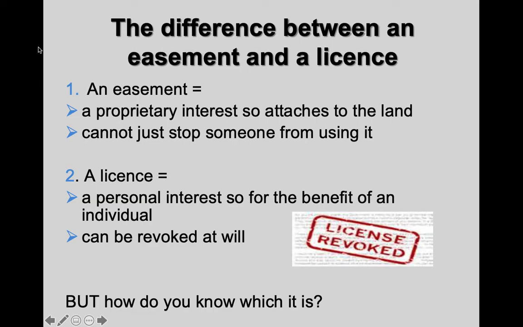But how do we as land lawyers then go about determining whether somebody has an easement or a license? We would have to, in an easement problem question, run through the criteria or characteristics that you would need for an easement. The same way as we did with determining whether something was a lease, you would have to conduct the same assessment or analysis of what the characteristics are for an easement. So there's a few different steps to go through. Is it an easement? How was it created? And then has it been formalised?